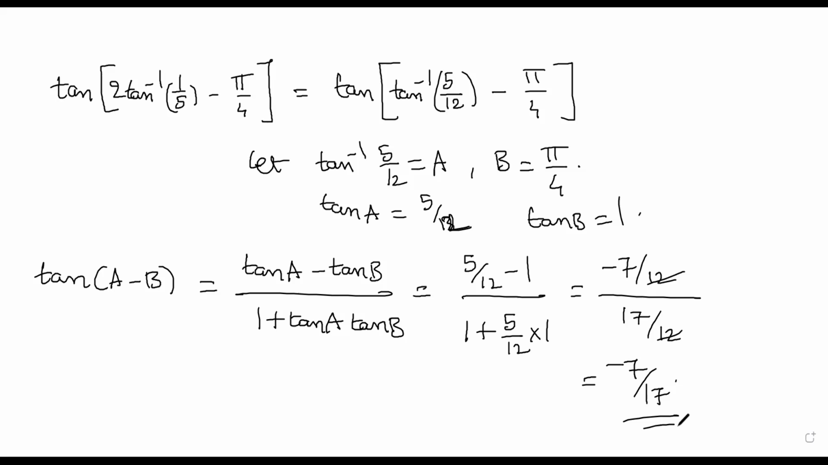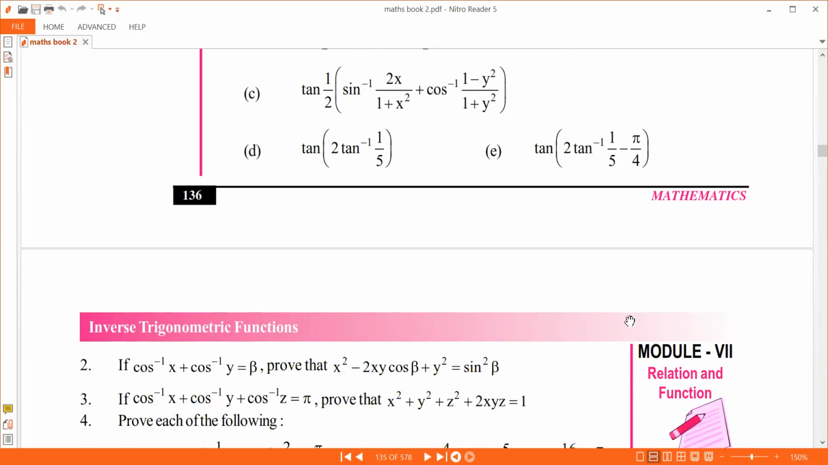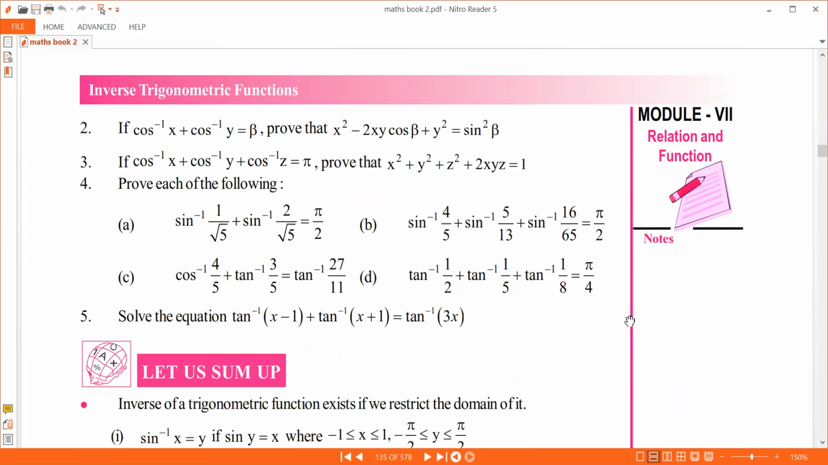One second, writing it down. Now go. The next one. If cos inverse x